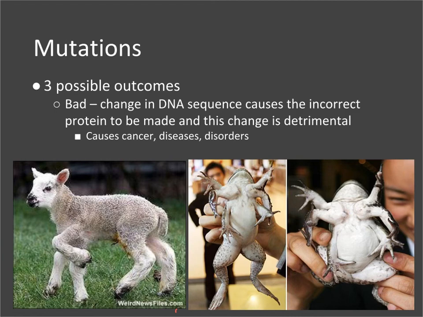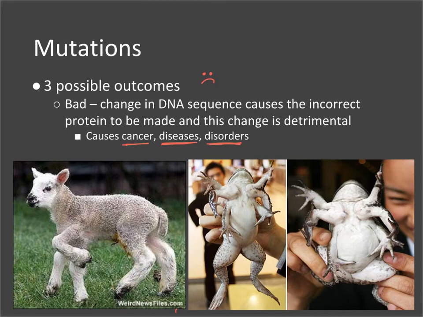All right, so if this mutation causes the protein to be made in a way that makes it lose function, or maybe it's a protein that regulates the cell cycle, and so now the cell cycle is not regulated properly, it can lead to problems, especially things like cancer. Most genetic diseases are based on a genetic mutation that leads to a protein not being made properly, and other disorders as well. All right, so these are going to be the bad possible outcomes